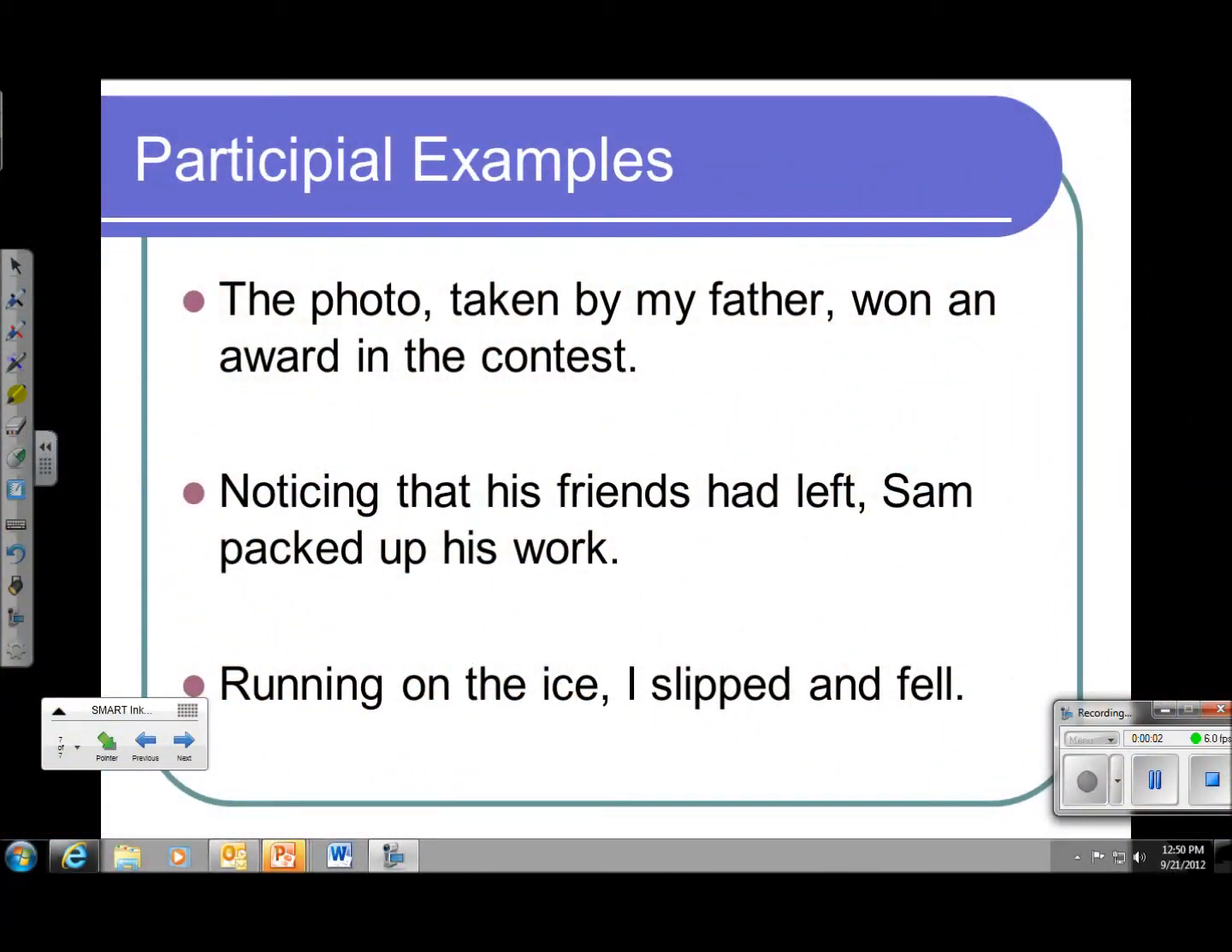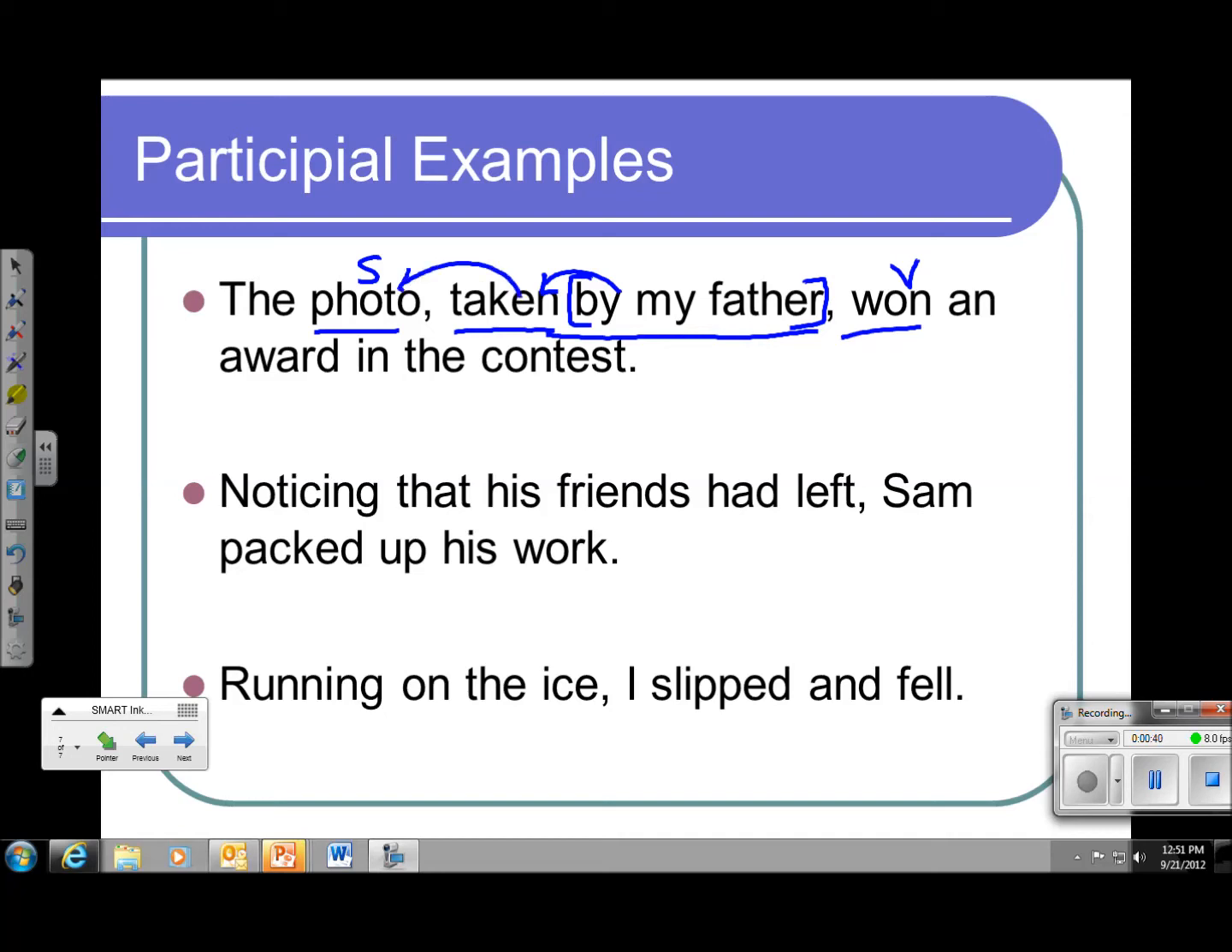Let's take a look at a few examples. Participles can be kind of tricky. We have to make sure that we don't choose the true verb. So I suggest that you find the subject and the verb in the sentence first. The photo is the subject. Well, what did the photo do? It won an award. So won is not a part of the participial. Now I can look for another word in the sentence that could be a verb, but is here not acting as a verb. Taken would be my base participial. It includes the prepositional phrase by my father, since that's describing taken. So it's all together as the participial phrase, and that participial